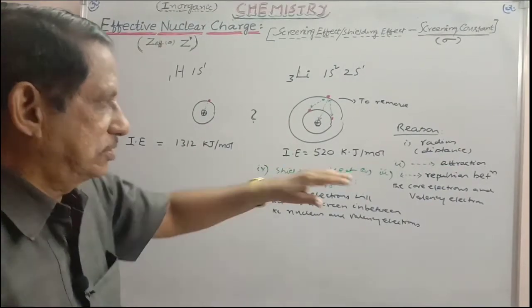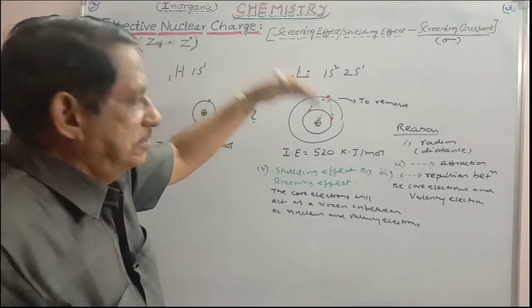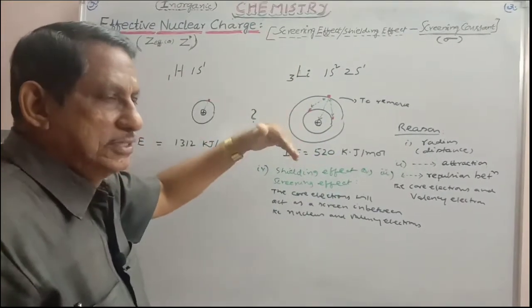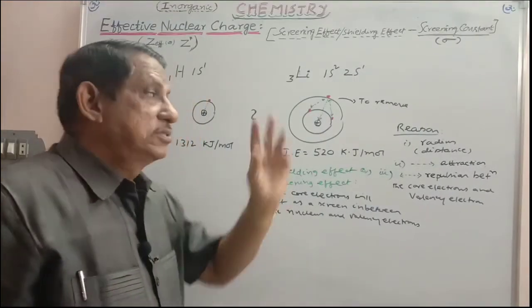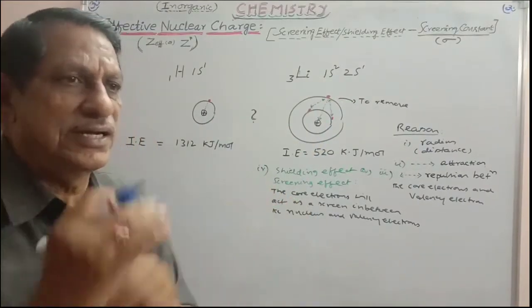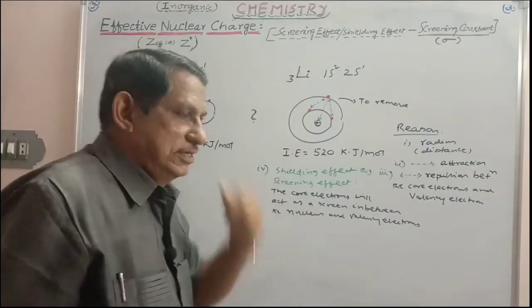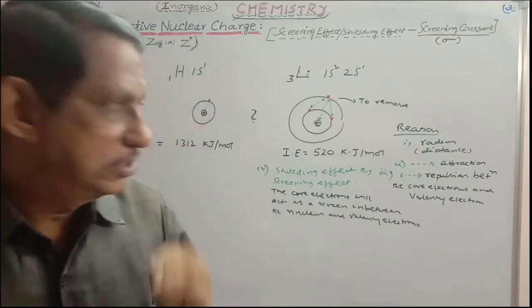In this case, you have to consider these two, which are influencing the attraction of the nucleus, thereby decreasing it. So, the effect of the nucleus is not felt to a great extent. So, the electron will be experiencing lesser nuclear attraction than the original one here. And so, that is what you call effective nuclear charge.